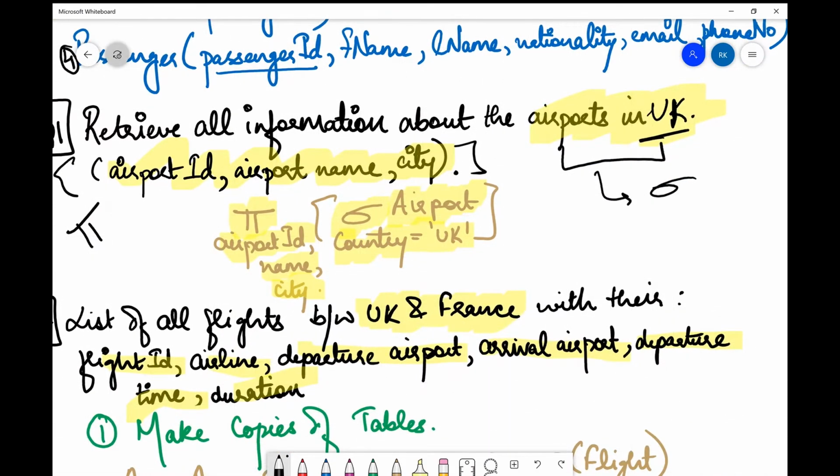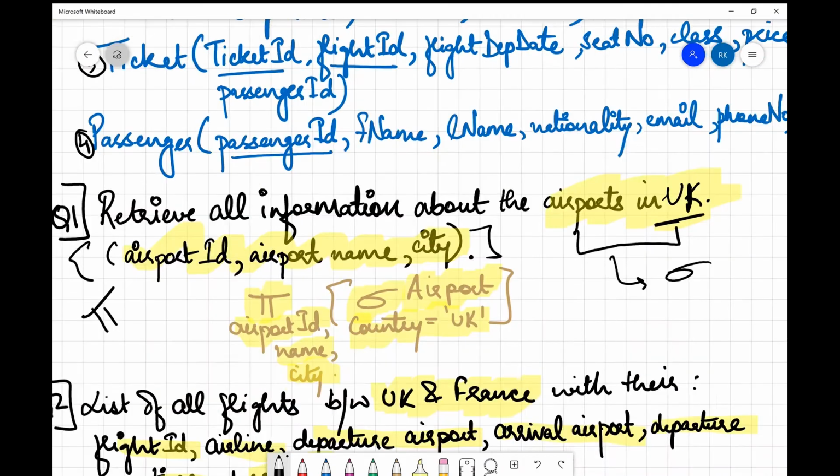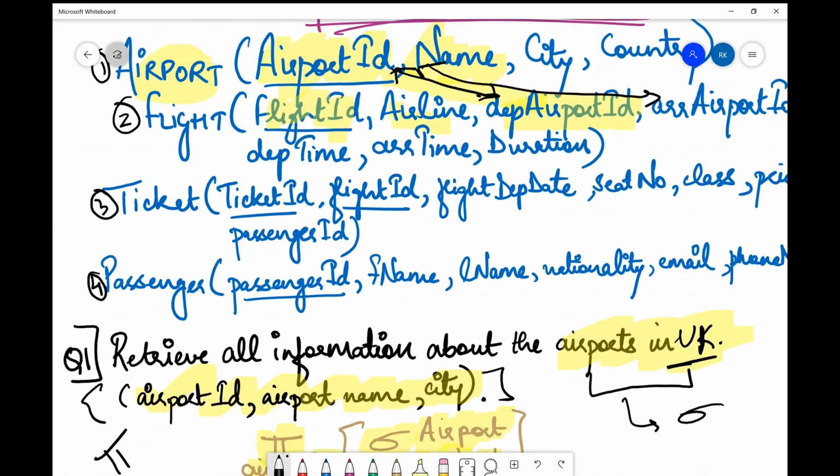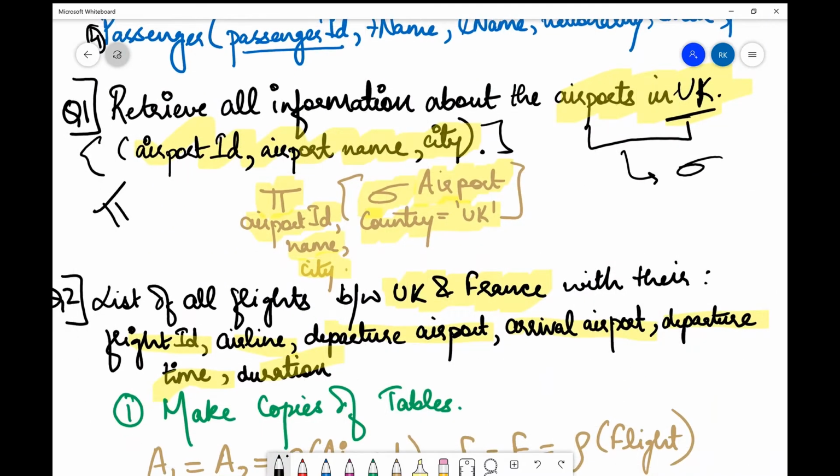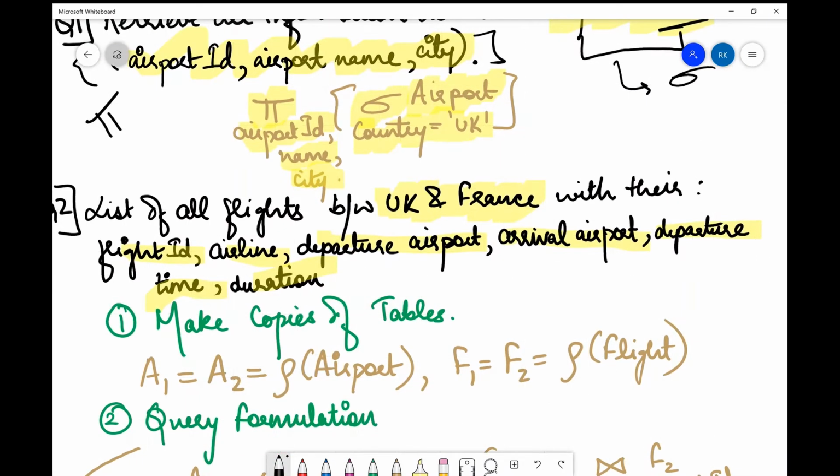So basically, I'll be joining the flight table and the airport table. Another important thing is that they need only the flights between UK and France.